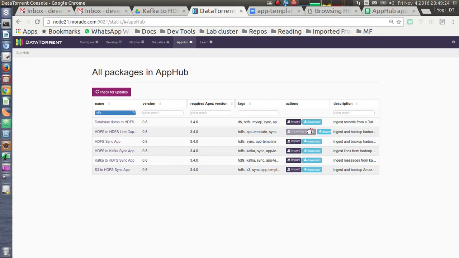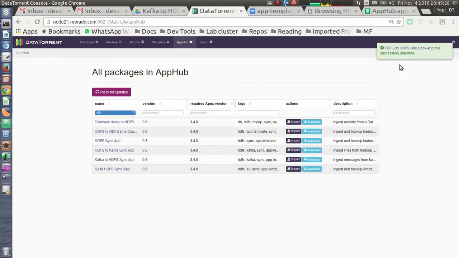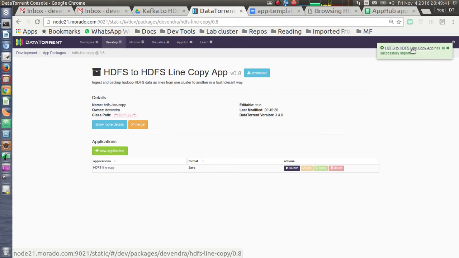It says import is in progress. Once the app is imported successfully, it shows a notification saying that the HDFS to HDFS line copy app has been imported successfully. If we click on the link, it navigates to the details page for this app template.